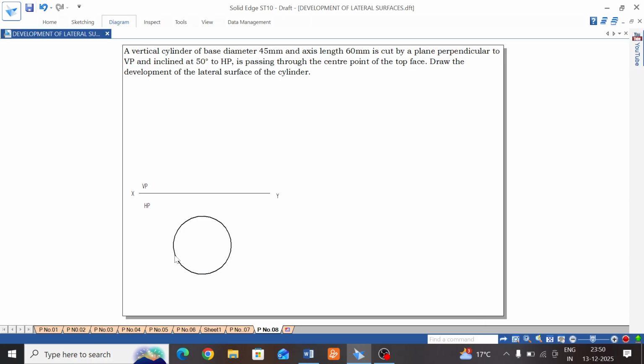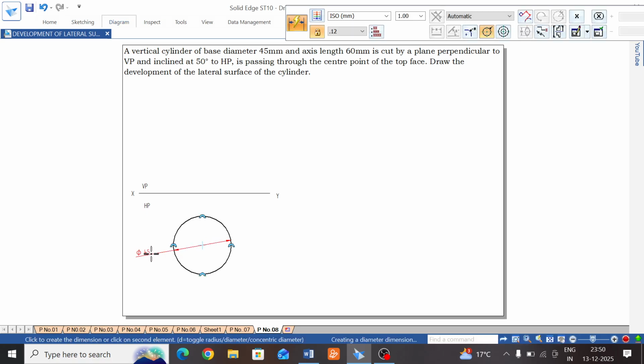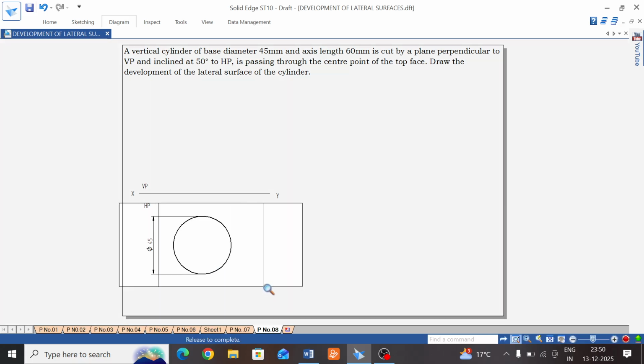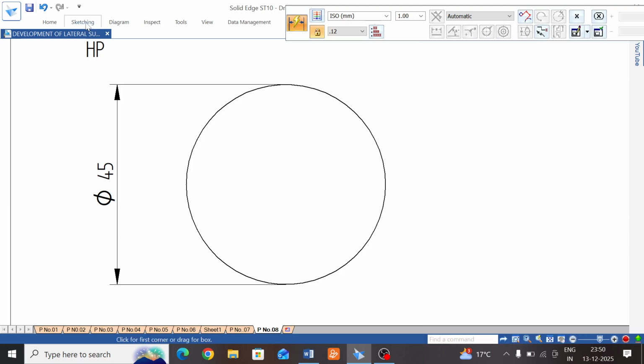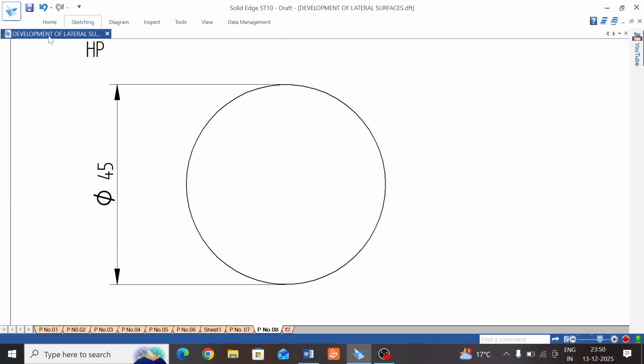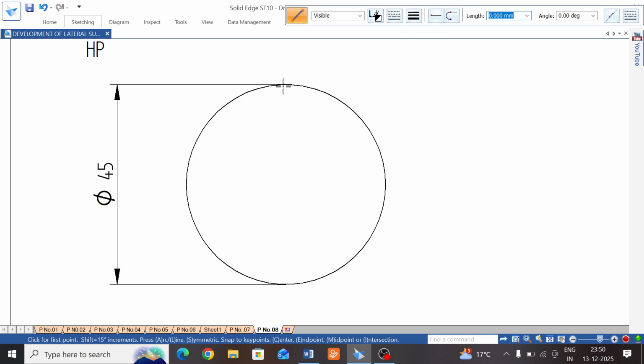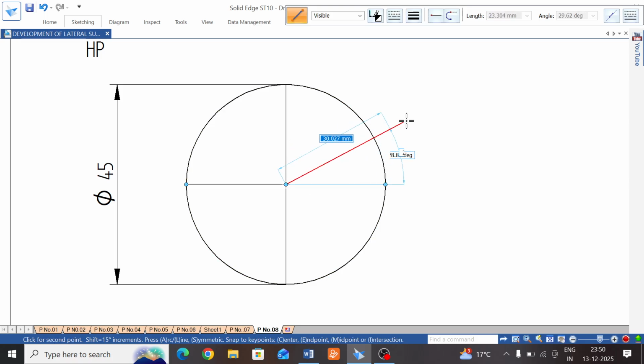Now show the diameter. Select smart dimension, click on the circle, and it is 45. Now divide that circle into 12 equal parts for better development. Simply draw a thin line, selecting the thin line. Select from the circle point to the circle point, and again from point to point, and from the midpoint to